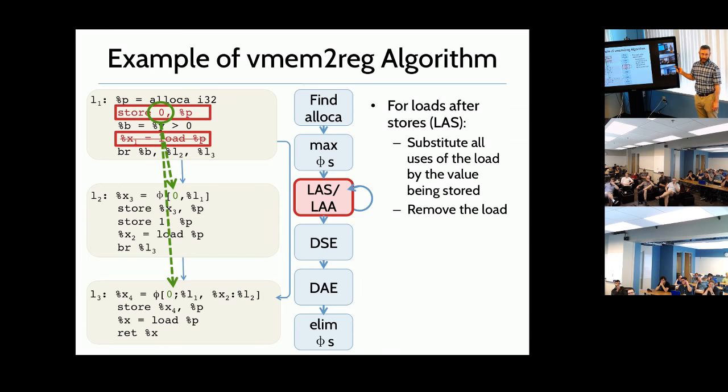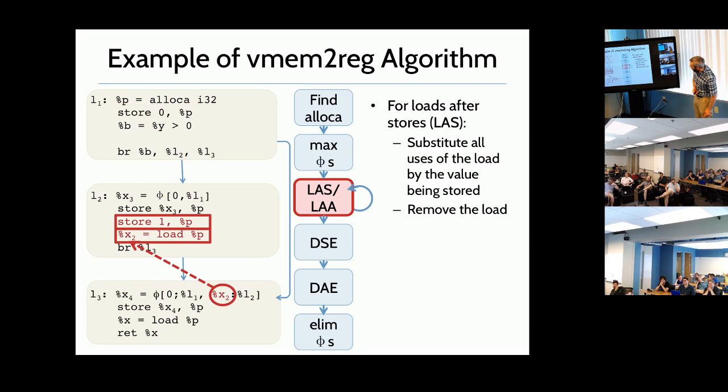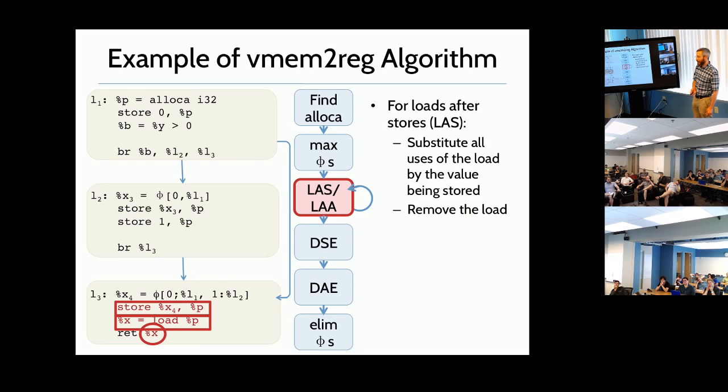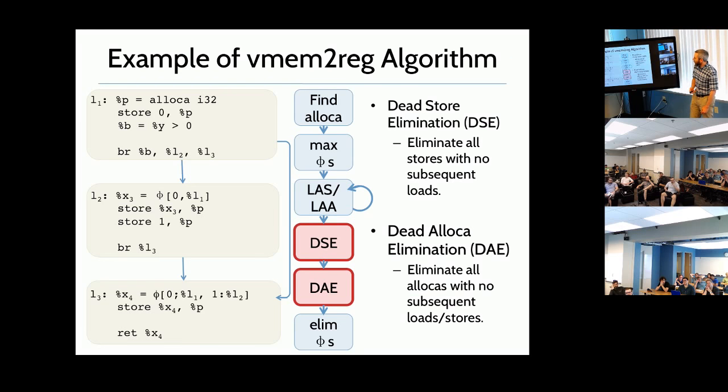I should say this would only be valid, of course, if you know that the pointer p doesn't escape, because if there could be some alias in some concurrent thread, that could change the value. But the whole point of this is you've done that analysis, you know that p doesn't escape, or it wouldn't be eligible for this promotion anyway. Anyway, we do the load after store. We can do that several times in this code, so we do that 3 times, and we now have a bunch of dead stores because we don't actually need those stores anymore. We never load from p after we've eliminated them, so we can basically cross out all the stores